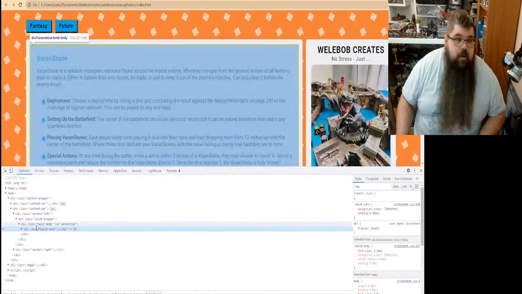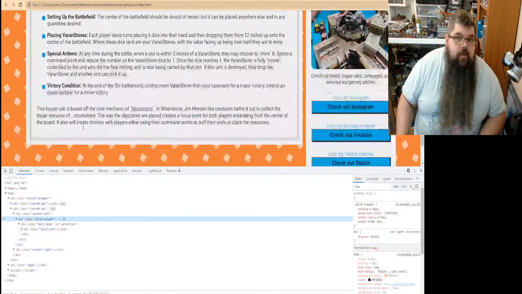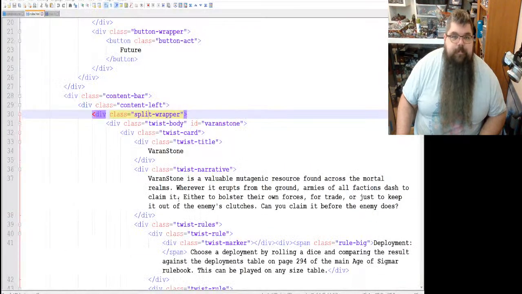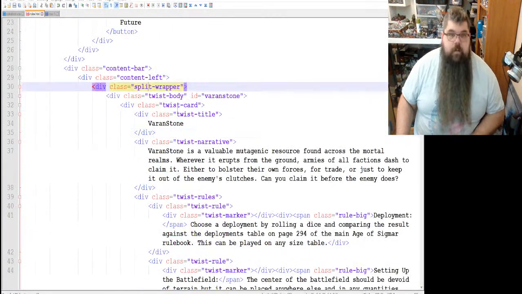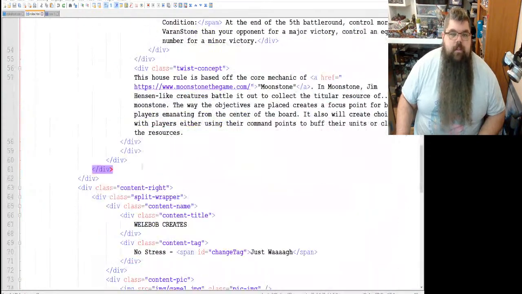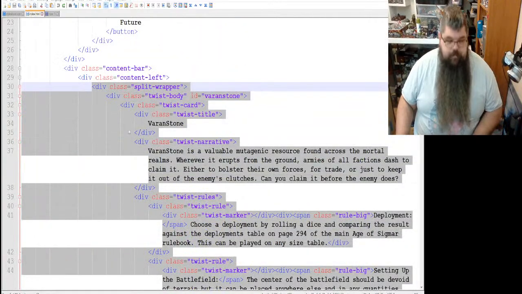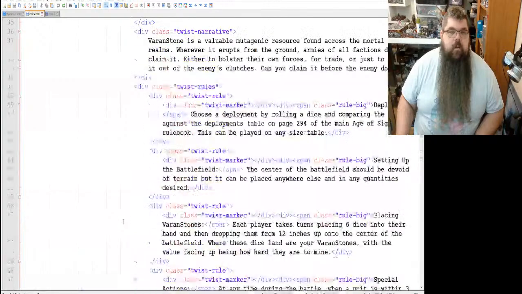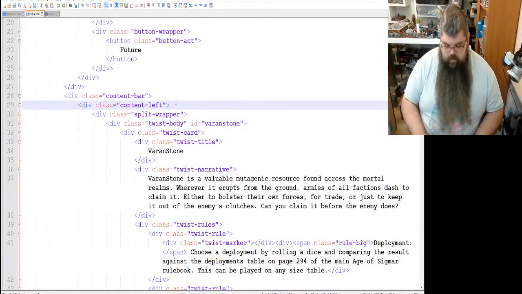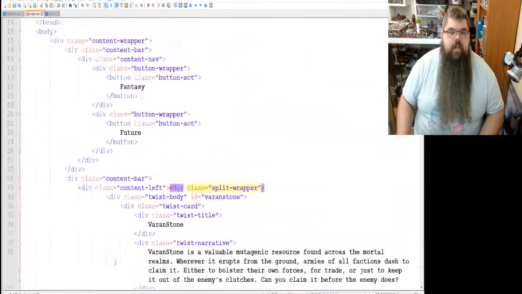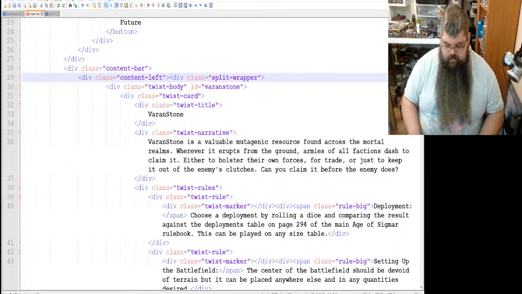So, split wrapper, let's see where that goes. That's right there, and then that is there. Okay, so you want to copy split wrapper. Alright, so we're going to highlight it, and it's going to show up down here, and then we're going to copy and paste that, just for now, just below. I'll put it above there instead for now. Alright, there we go. And now that's the end tag, that's our top tag.